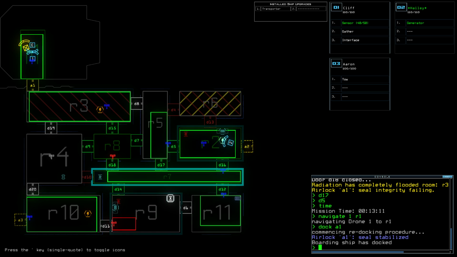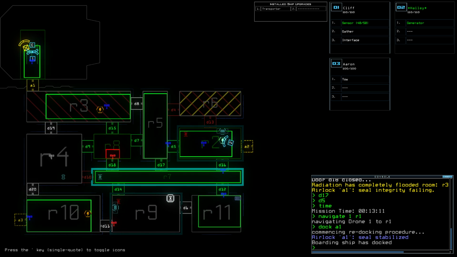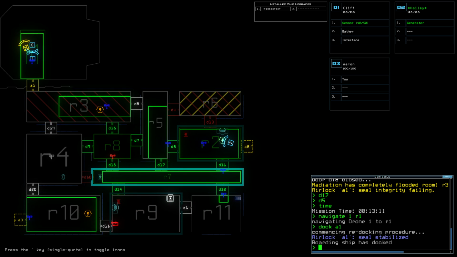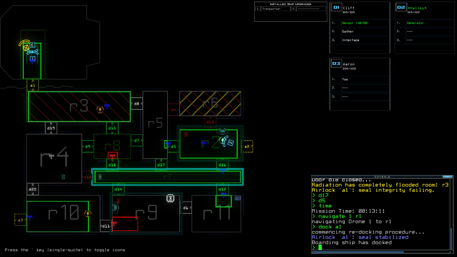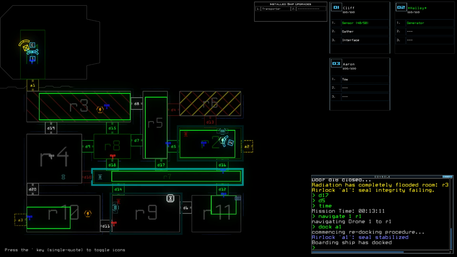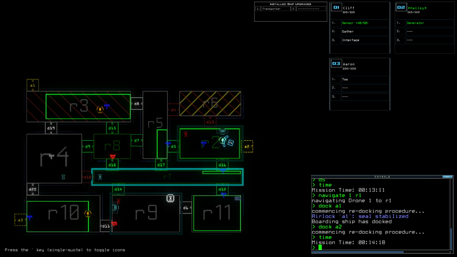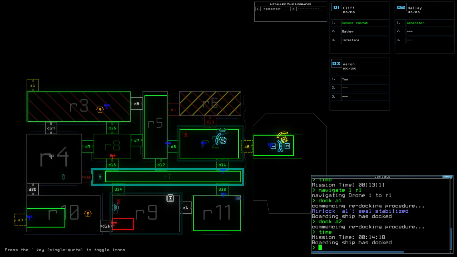I have a sentry in R4. I can move him through and into R11, reasonably safe. I don't like where that sensor is in R7, but I can do that. From there... Oh, I got lucky there, didn't I? Alright, from there I can...